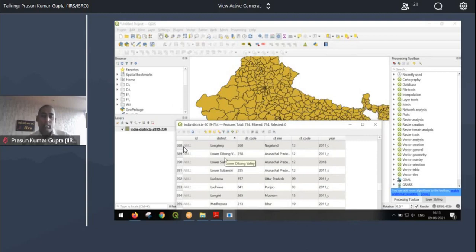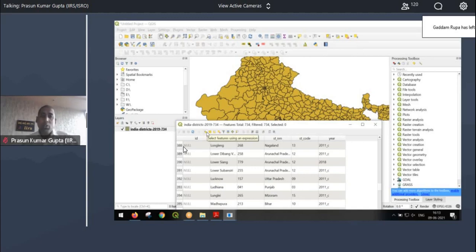Give me a polygon where this column district has the value Ludhiana, or this state name has the value Odisha, things like that, or based on the area which is greater than 400 square kilometers. So several types of queries can be made depending on how you want to search the data.